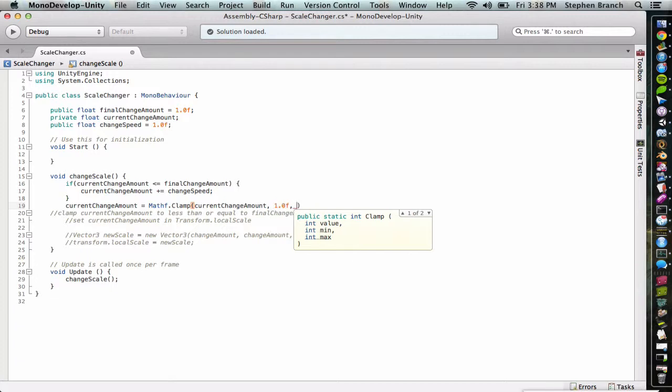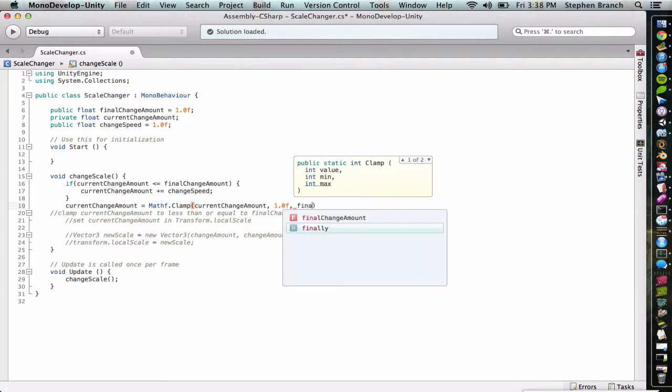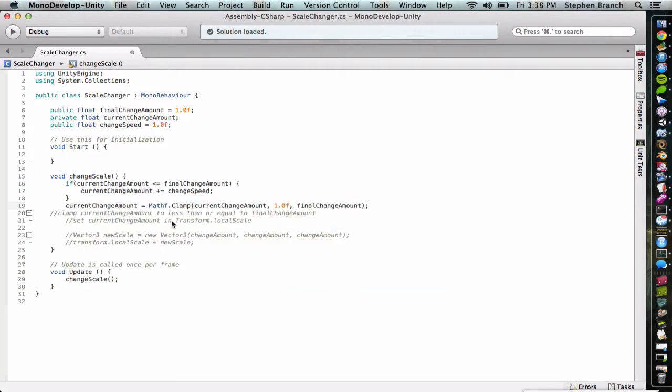And maybe later on we'll want to have a value that's, maybe we'll be able to shrink an object, but for now we'll just leave it as 1. And then the greatest, the max value is going to be final change amount. Okay. So that'll reclamp it, and then,